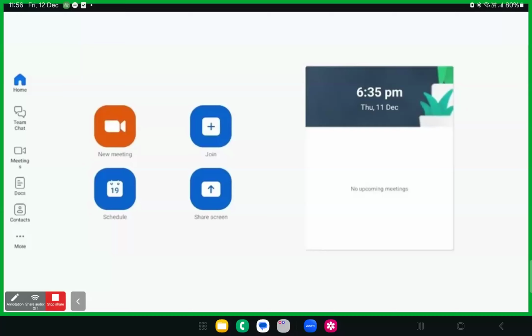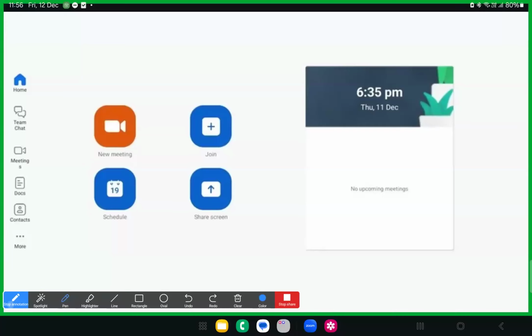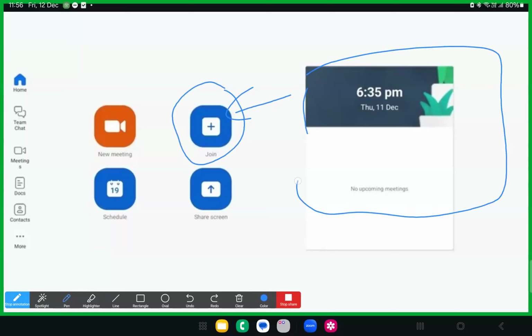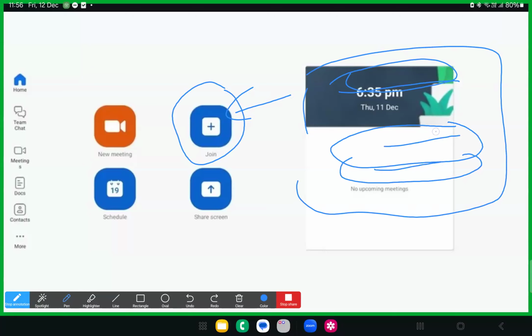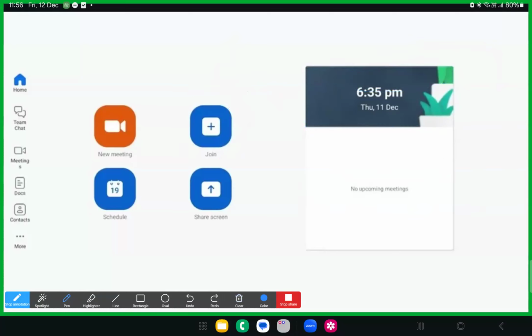Okay. The next way that you join the Zoom meeting is that you can just go ahead with joining here, and you enter your name, and they'll be asking you the meeting ID or the meeting link, and the password. You just need to enter them and you can join the Zoom meeting that is held by some other people. Okay. So for now, think that I just contacted you and you want an urgent class with me. So what will you do? You'll ask me, can you have a quick Zoom meeting with me?